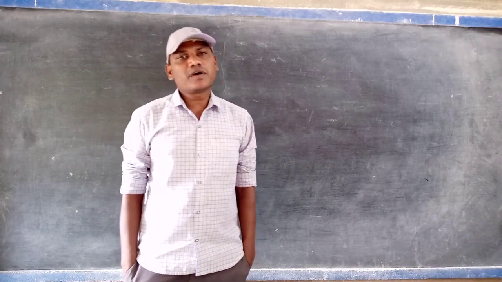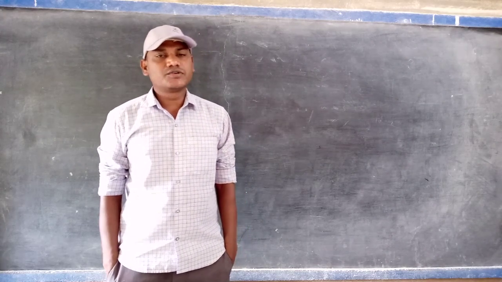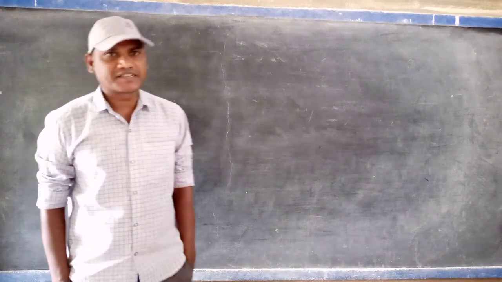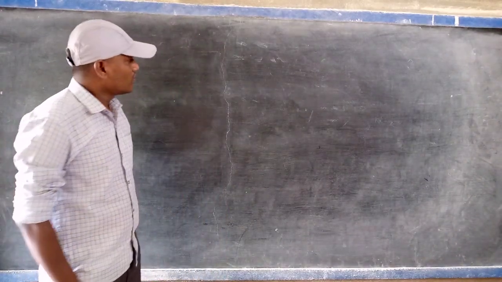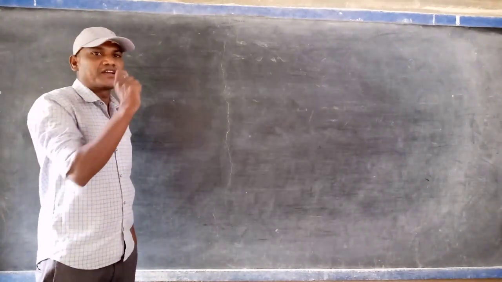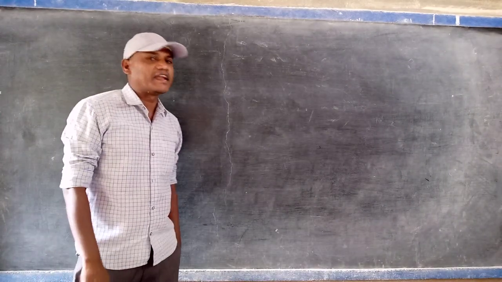Today, in this video, I would like to explain the Lorentz-Drude theory from the chapter on electric current. Before going to the theory, I will give you a simple idea to understand the motion of the electrons in a conductor.